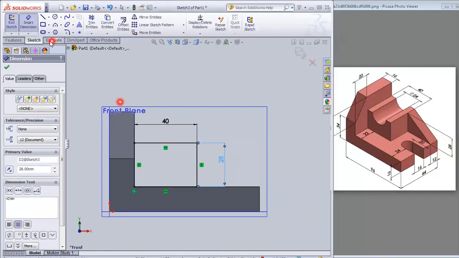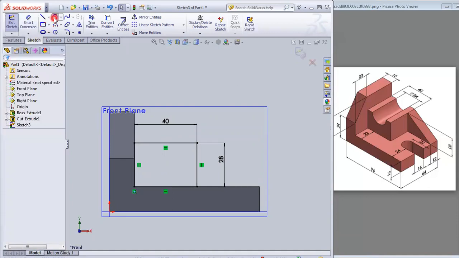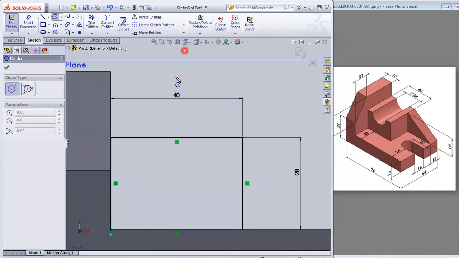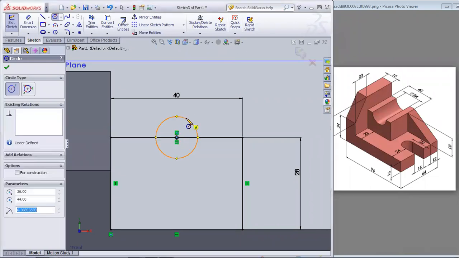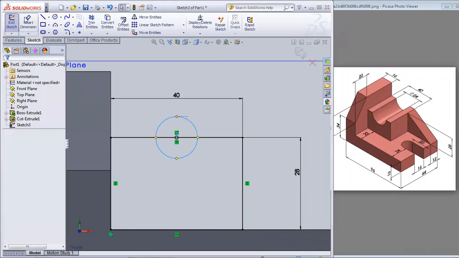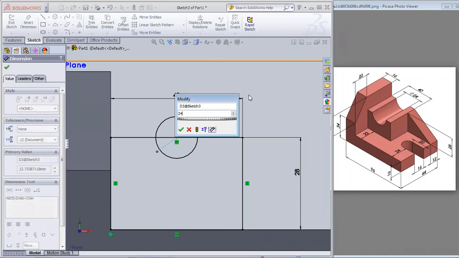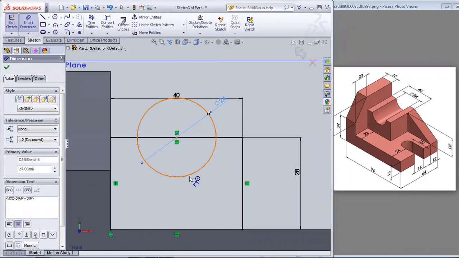Then at the center or at the midpoint of this, see, you can snap the midpoint, right? Okay, so let's just stop this snap, this light, okay? Now you can look at it more clearly, right? You can see it is snapping the middle point. All right, go out of the circle, take the dimension. The dimension is 12.73, but the dimension should be 24. Make it 24. All right, so this much is done.